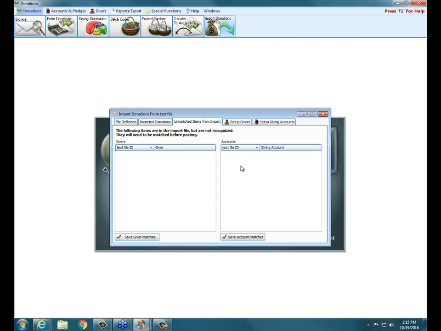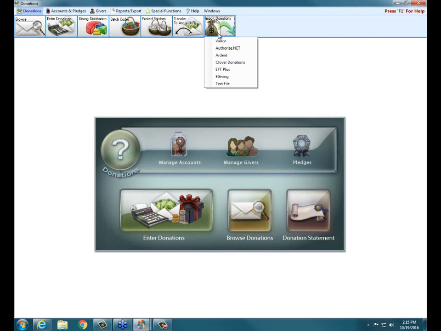And anytime you import a new batch that has people that haven't been matched in a previous import, you might have to do some matching each time. But once they are matched up, then it should just be a few clicks to get that information into Church Windows. So if you don't use one of the 6 companies listed here for importing donations,